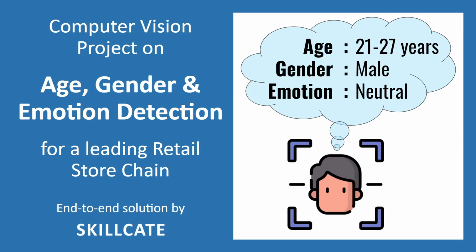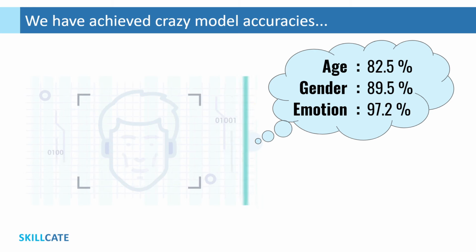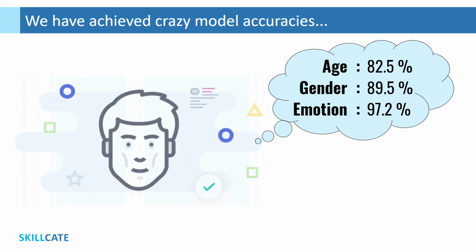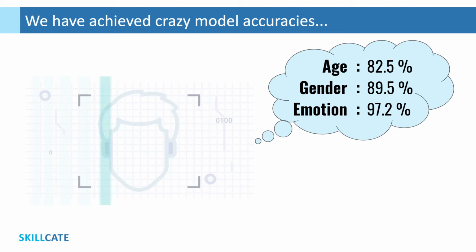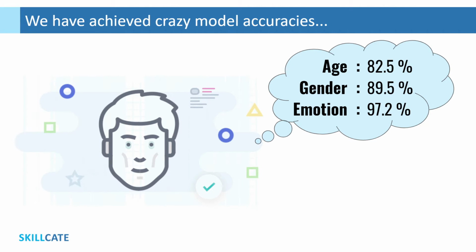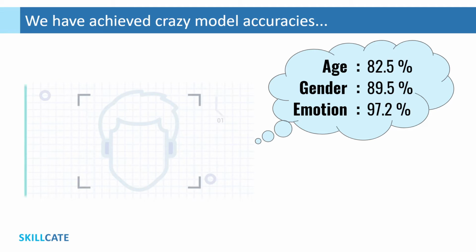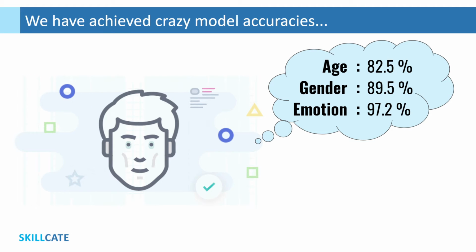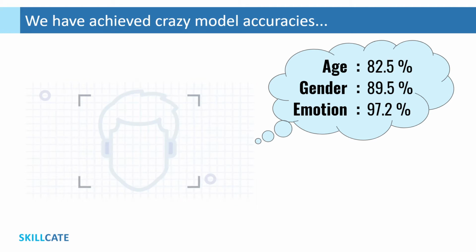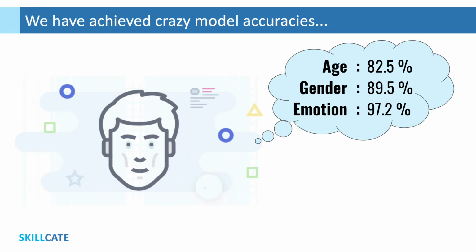In this video, we'll do an age, gender and emotion detection project using CNN-based deep learning end-to-end. We have been able to achieve crazy industry-grade model accuracies with this computer vision project, which makes it better than any of the project you would find online. And it's actually 3 projects in one, wherein we have 3 separate models, one each on age, gender, and emotion